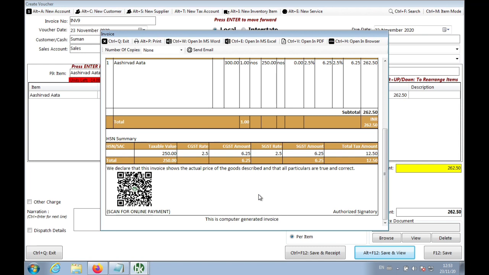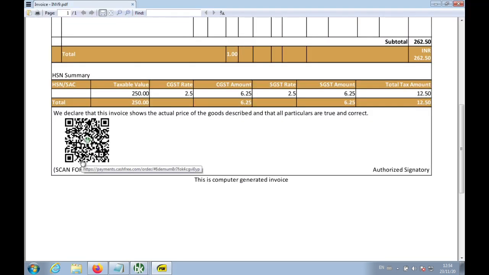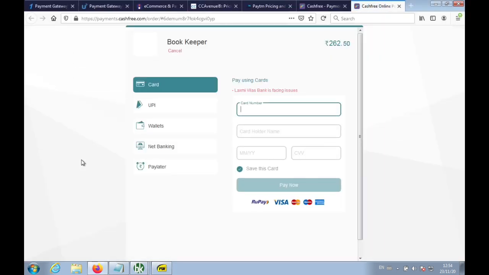He can pay via credit card, debit card, wallet, net banking, pay later, any type of payment, not just UPI. If you have sent a PDF file to your customer, he can click on it and make the payment via card, UPI, wallet, net banking, pay later, or any mode of payment.